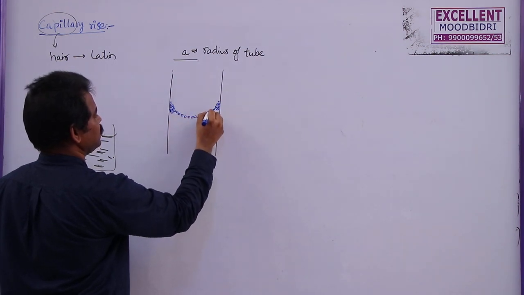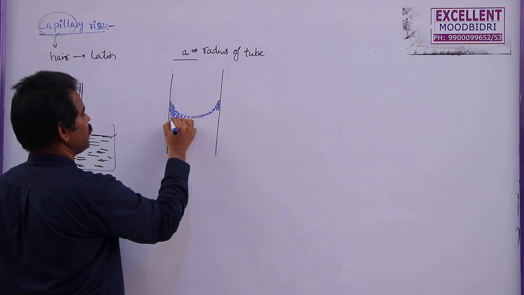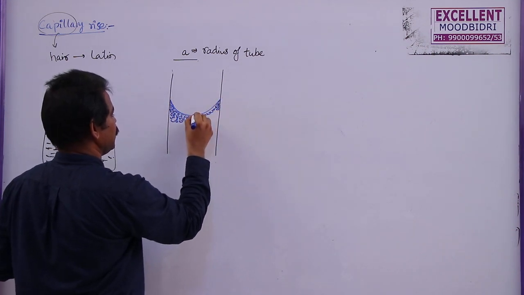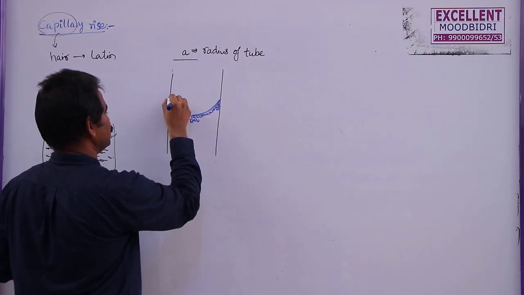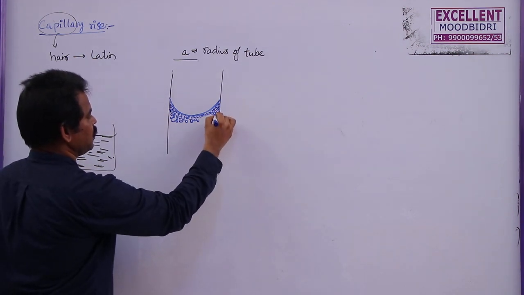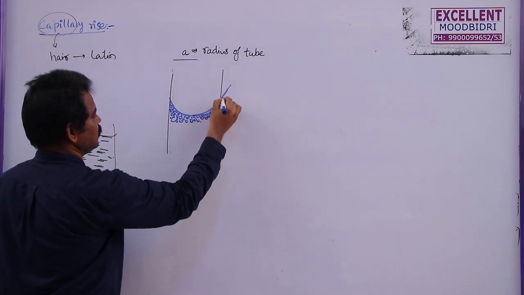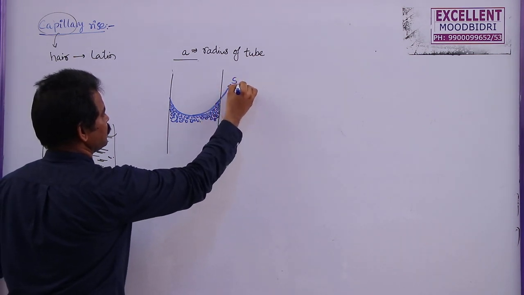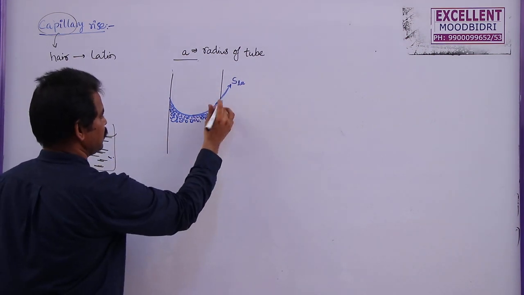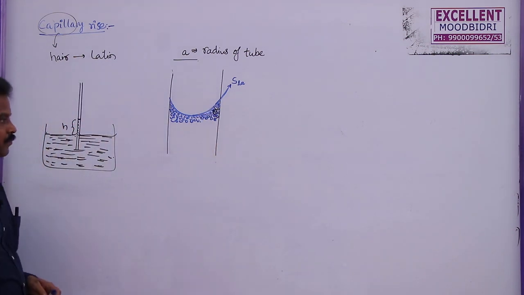But as they stick more to the surfaces, you will get a curved structure like this. So it is a curved surface. This is possible only in case of theta less than 90. You can see this one. This is the tangent, the direction of the surface tension between liquid and air, and this is the angle of contact here. This is the angle of contact theta.